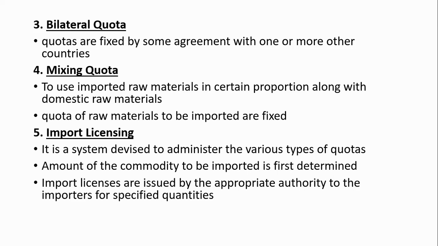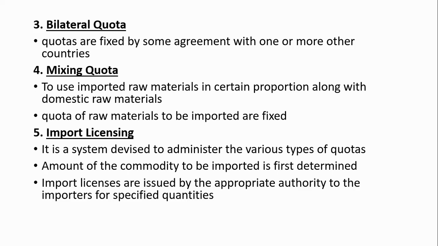But this system is supposed to promote corruption. Whenever there is a scope for agreement between the 2 countries, it promotes corruption among them. Then it encourages monopoly firms in the exporting country when they are required to supply products. The exporting country may raise the price of the product once the agreement is signed. There may be a chance for that. Then this system encourages cutthroat competition among the nations for entering into agreements.